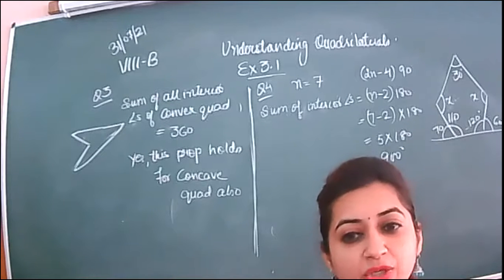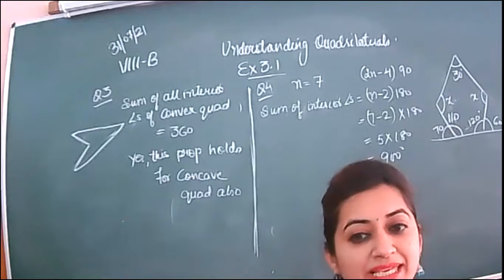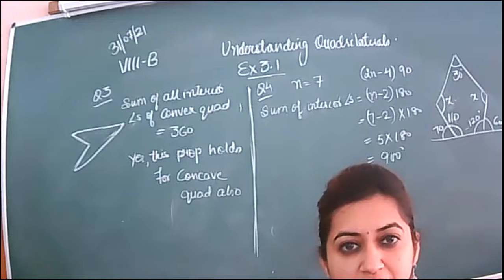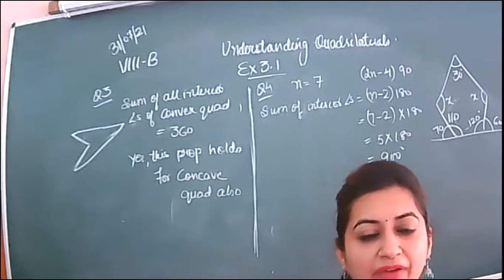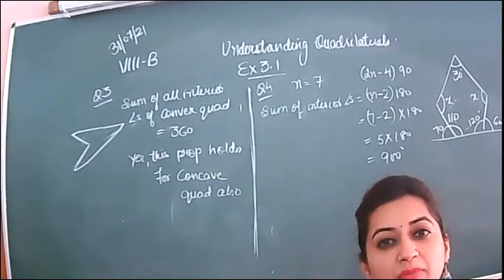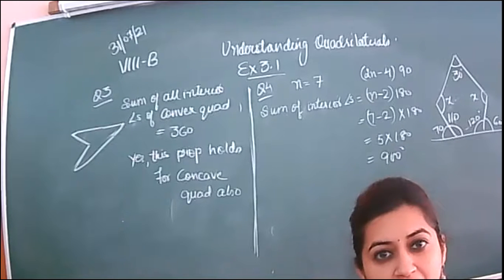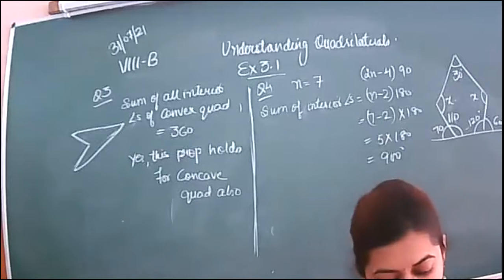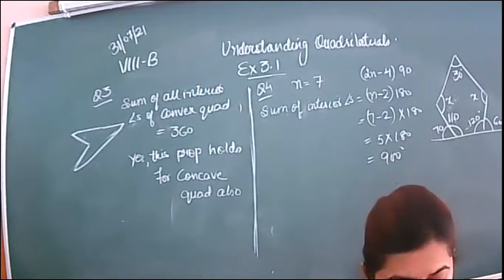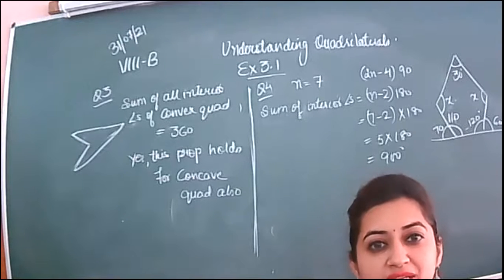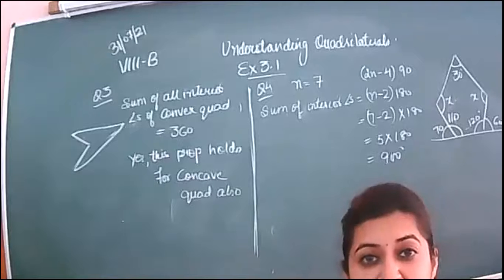And one more way is there to find angle Y. Y is the exterior angle, which is equal to the sum of the interior opposite angles, 90 plus 30. Have you heard about this property, the exterior angle property? Exterior angle is equal to the sum of the interior opposite angles. So Y is equal to 30 plus 90, that is 120. X you will get as 90, Y will be 120, and Z will be 150. And sum of X, Y, Z will be 360.